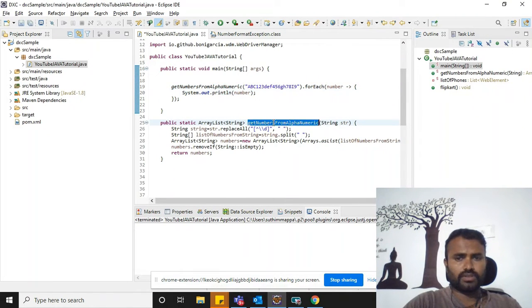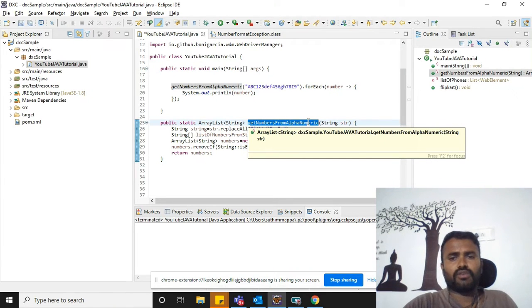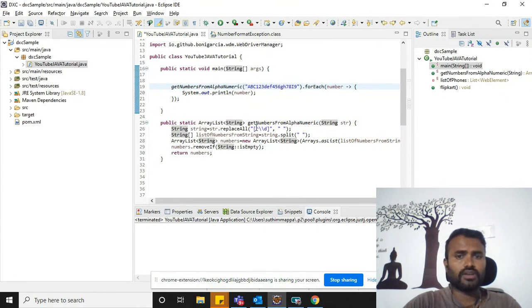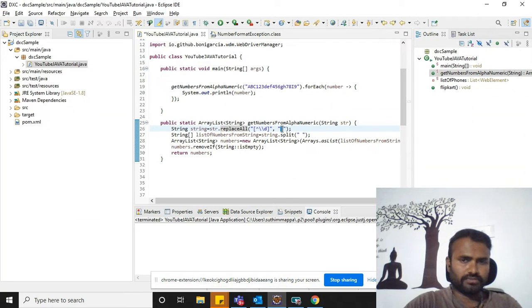So this is my program, the method which I have written: get numbers from alphanumeric. I'm passing a string. This is the string that will come over here. In this string, I'm going to replace all the alphabet characters with null. You can see here I'm using string dot replaceAll. This is the expression we have to use. Open a square bracket, you have to give these three symbols followed by D,